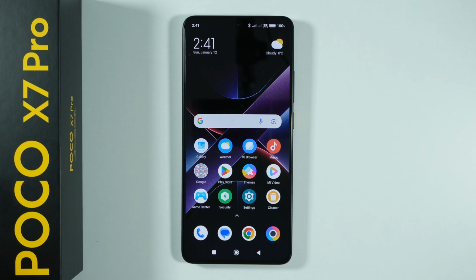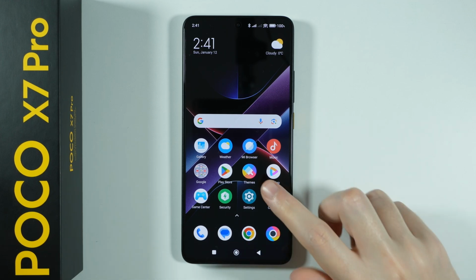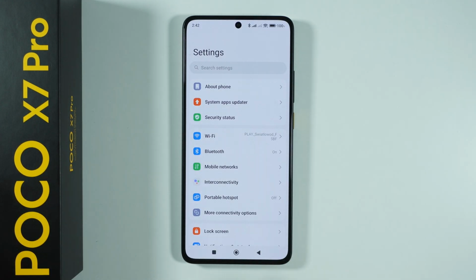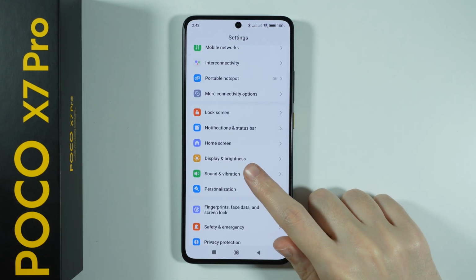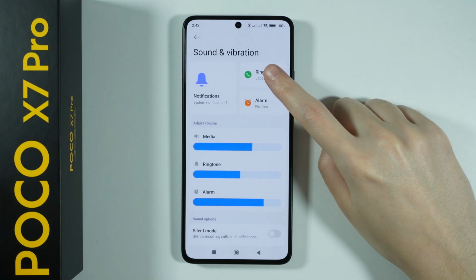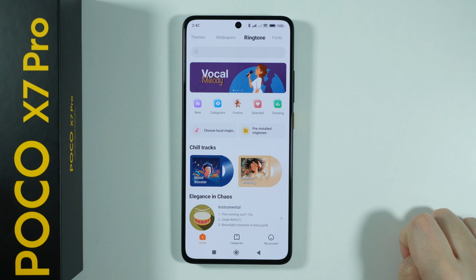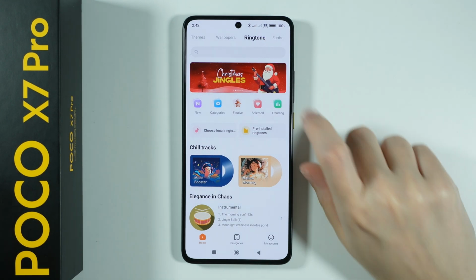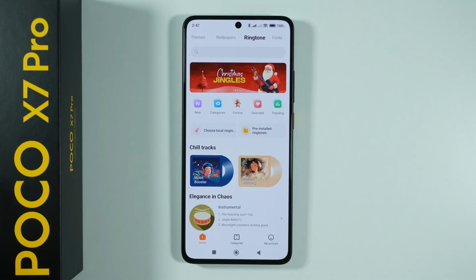If you want to set a custom ringtone on the POCO X7 Pro, first of all you need to go to the settings, then scroll down and go to sound and vibration, and then tap on ringtone. It will open the themes app with the ringtone tab selected, and now you have the option to, for instance,